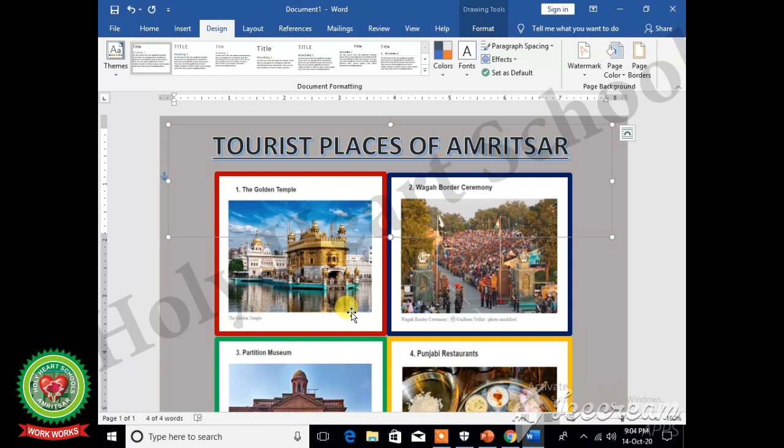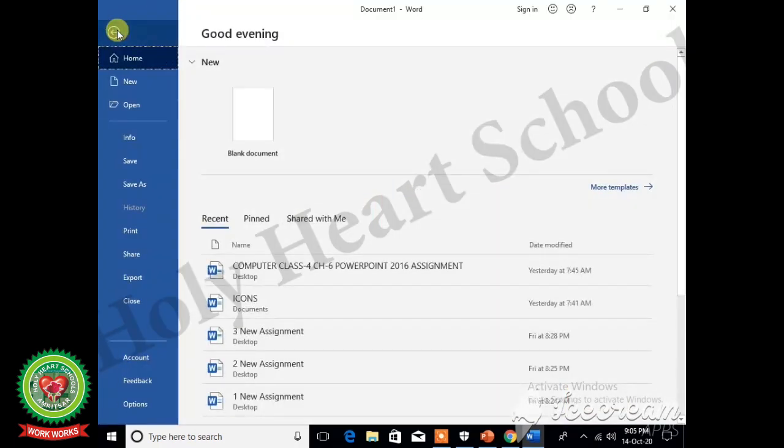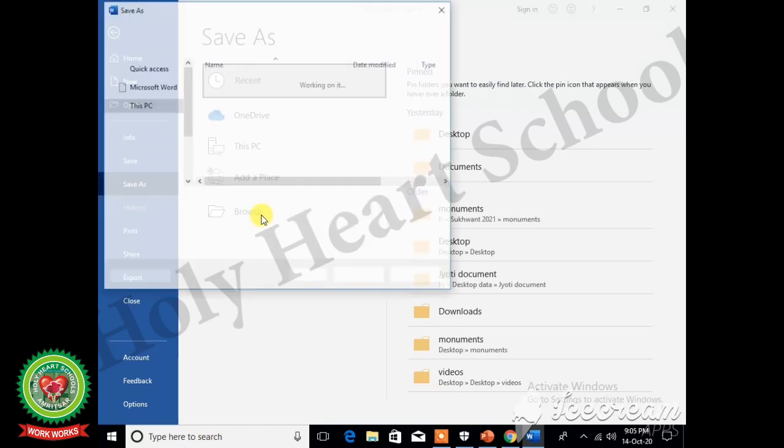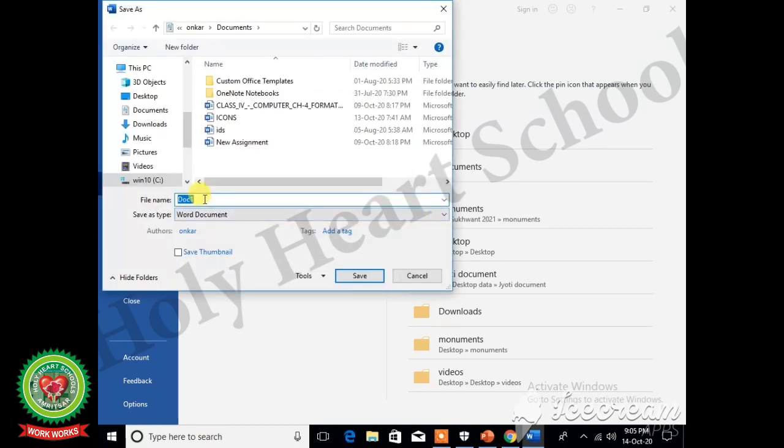After doing formatting, we will save our document for future use. For this, click on File tab, Save As, click on Browse and type the file name.